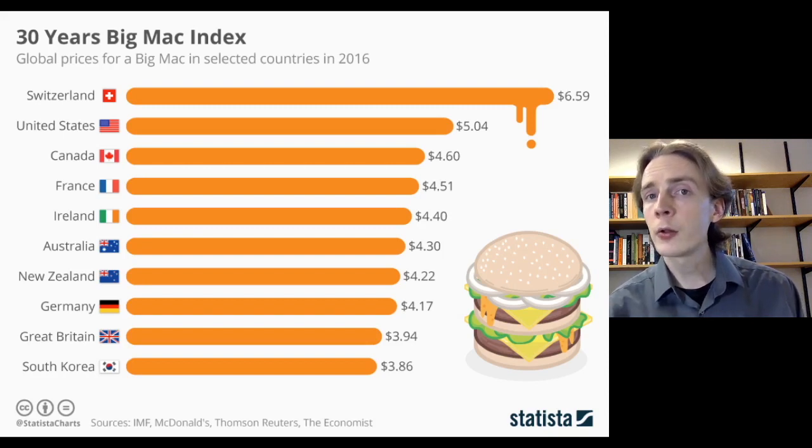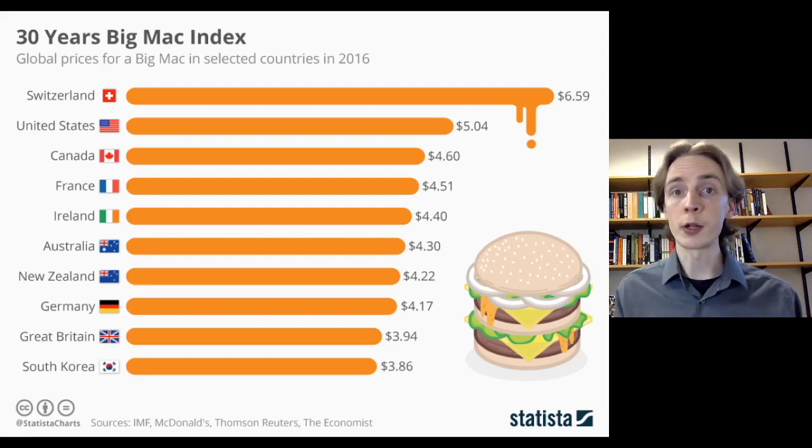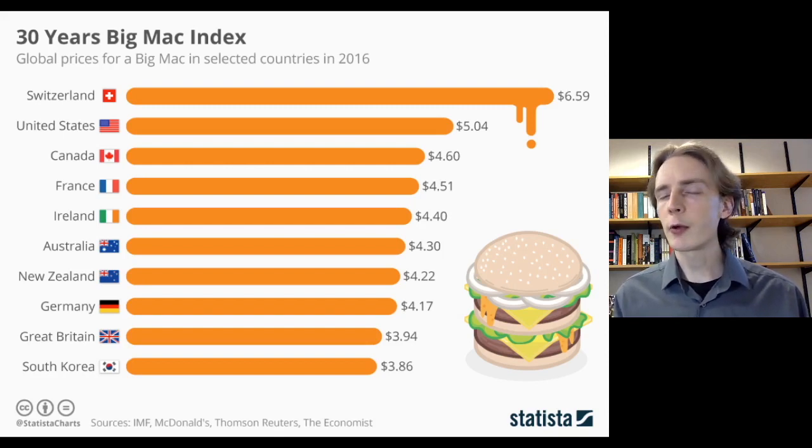So one practical way of using this is to ask, how good of a deal am I getting if I want to take a vacation to, let's say, Switzerland or South Korea? And the fact that Swiss francs are overvalued means that tourism to Switzerland is going to be a pretty bad deal, right? You're going to buy Swiss francs, and those Swiss francs aren't going to go very far. On the other hand, if you wanted to take a vacation to South Korea, the exchange rate is undervalued, and that means you're going to get a really good deal, right? You're going to be able to buy enough Korean won that you're going to be able to buy things there